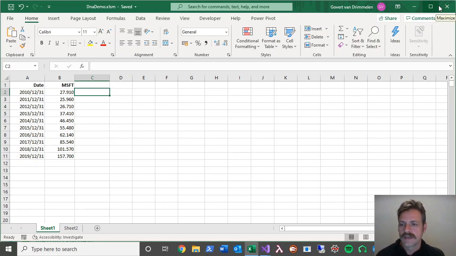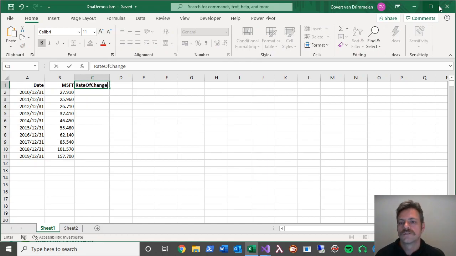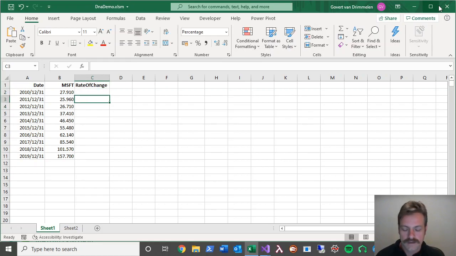So here we have a table with some stock price data for Microsoft from a number of years. And what a user might do, this data might have come in from file or from Power Query in some way, something like that. And a user might be interested in now developing a model that will further add calculations to this data. For example, he might add a rate of change